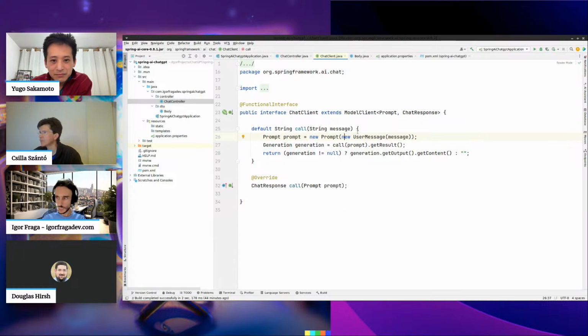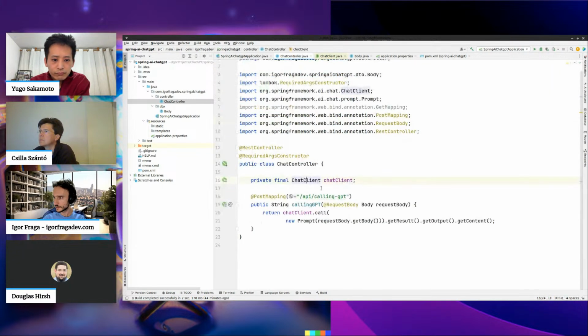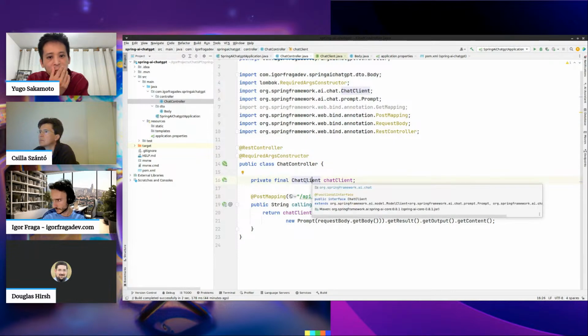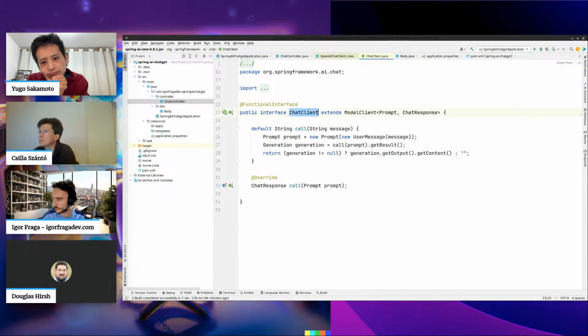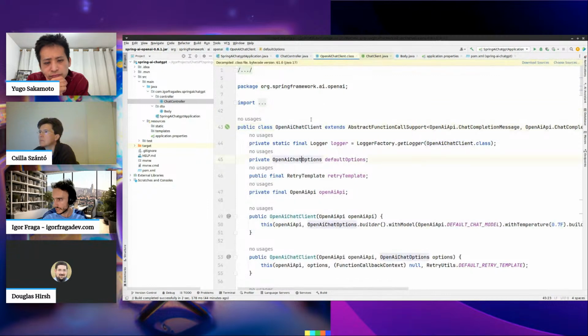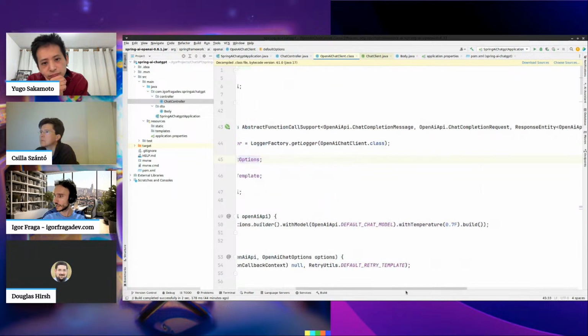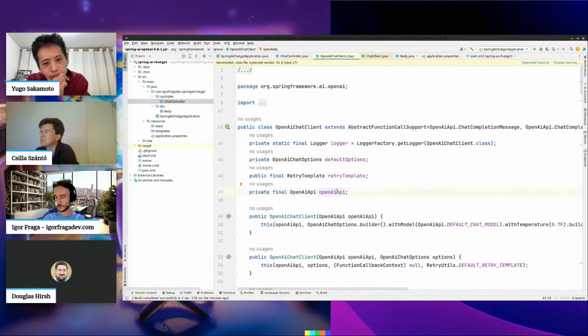Yeah, this is the chat interface, and this is from the Spring AI implementation. The best of this is that you can have this implemented in multiple ways. As you can see, this is the interface, and the one that I'm using in this particular case is the OpenAI chat client because I have added that as a dependency, because we are going to use ChatGPT here for our test purpose.